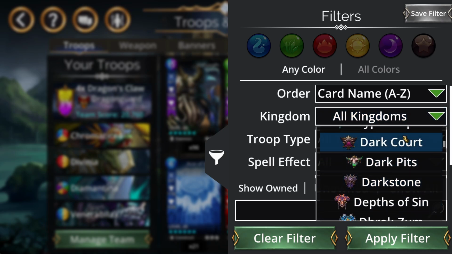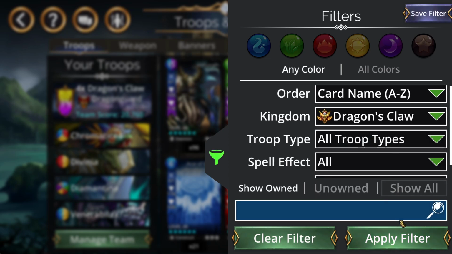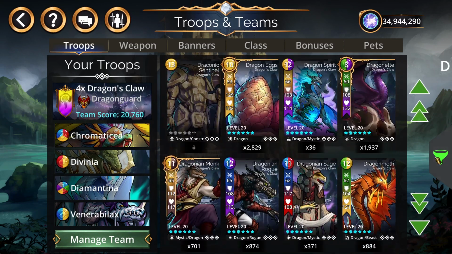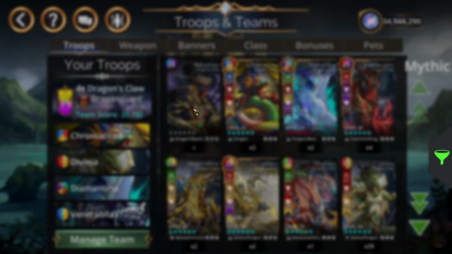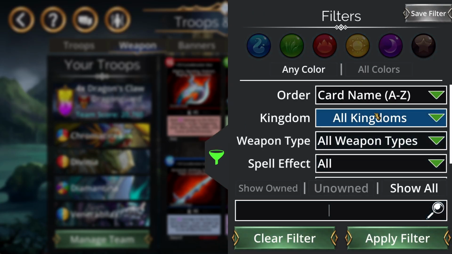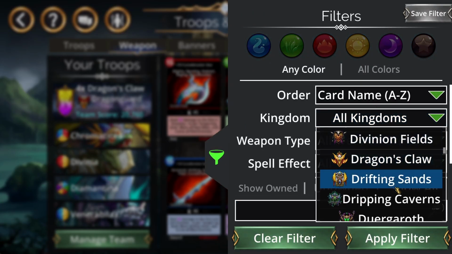So if you do have it, it's definitely worth using in that regard, as this troop is pretty important to end up covering every color with. And out of every single option within the entirety of Kingdom, if we go over here, it's the only thing that covers all 6, even if we go into weapons. If we go to Kingdom, Dragon's Claw weapons, it unfortunately does not have...